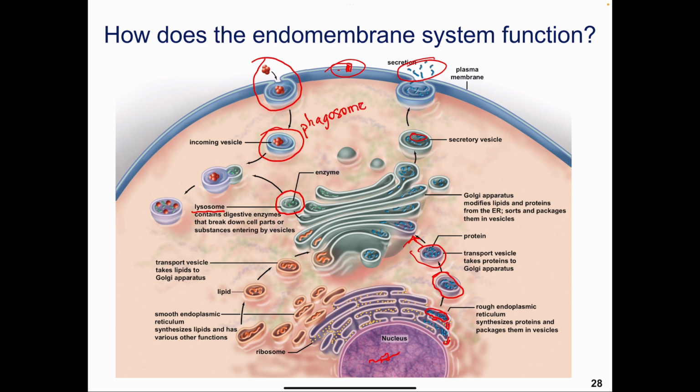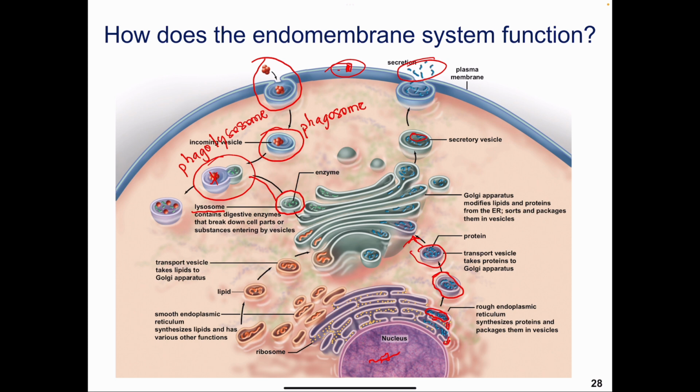The phagosome here is now going to migrate and merge with the lysosome so that we have what we call a phagolysosome. That phagolysosome is now going to cause a digestion, a breakdown of the bacteria that came in, and now